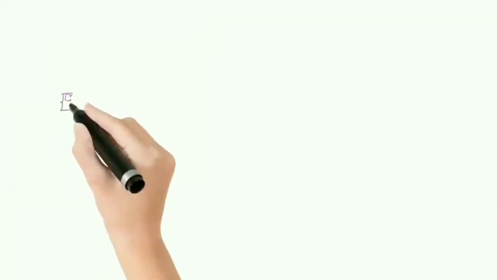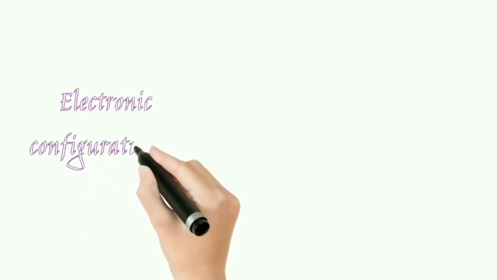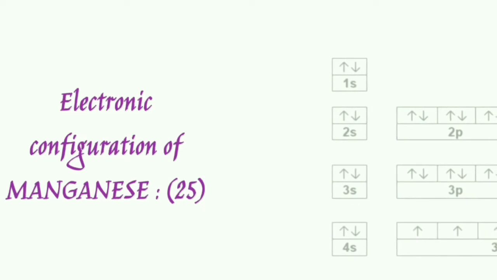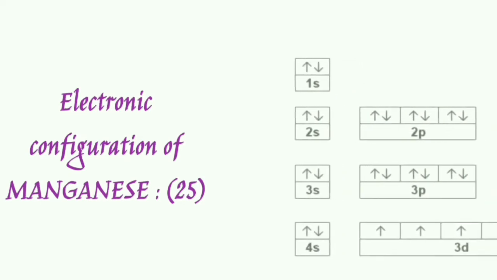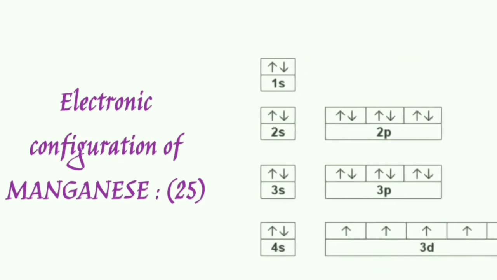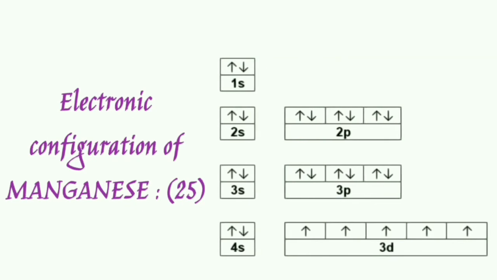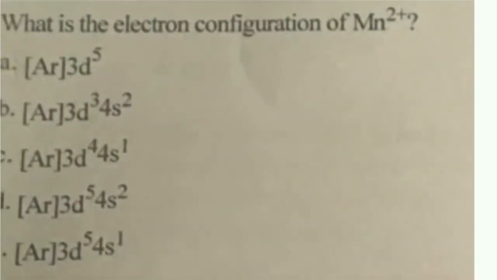You got it? Yes. So now let's see the electronic configuration of manganese. Already I told you, atomic number 25, argon 3d5 4s2 configuration. Now I'm going to ask a question for you. Are you ready? Yes. Check out the electronic configuration here. According to Aufbau principle, you have to fill the electrons in the increasing order of energy: 1s2, then 2s2, 2p6, 3s2, 3p6, 4s2. It has the maximum number of unpaired electrons, but all the electrons are not involved in the bonding. That's why we are getting low melting point.